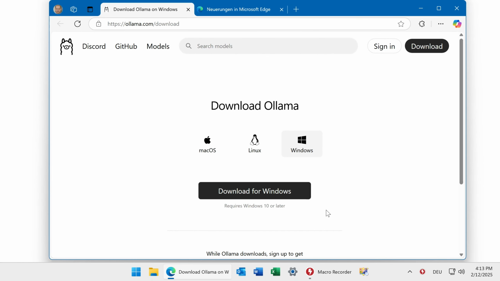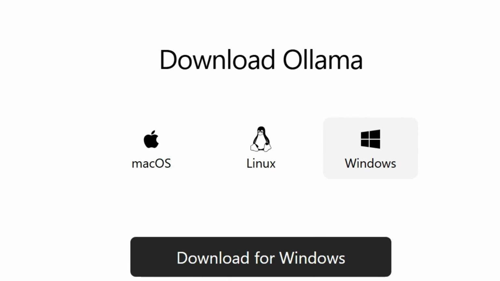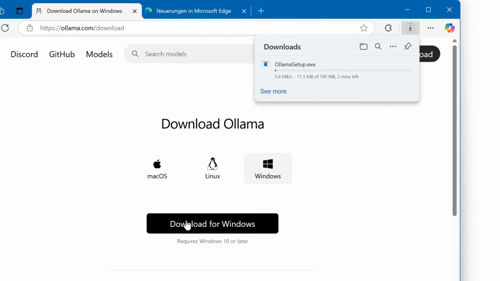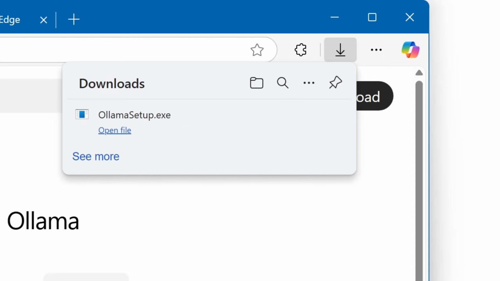You're routed to Ollama.com, which is a third-party provider of a self-hosted AI engine, which you need to download and install. Select the suitable operating system and then click Download. Ollama is a program which runs in the background and is used by Mac Recorder to provide the self-hosted AI functionality. Run the setup